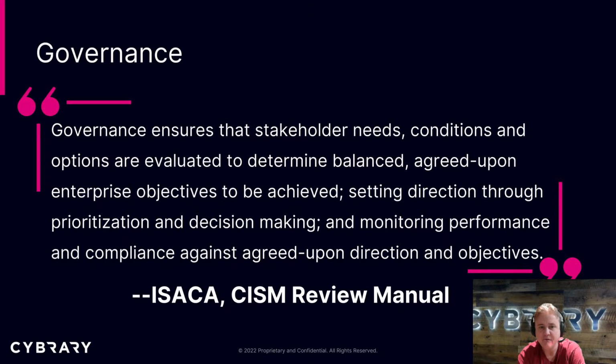So the first piece, governance ensures stakeholder needs, conditions, and options. So what do we do as a business? Well, it goes back to who our stakeholders are and what they need, any conditions that need to be satisfied, what their concerns and approaches are. And then notice, we don't have to satisfy every stakeholder need, but we do want to identify them and balance